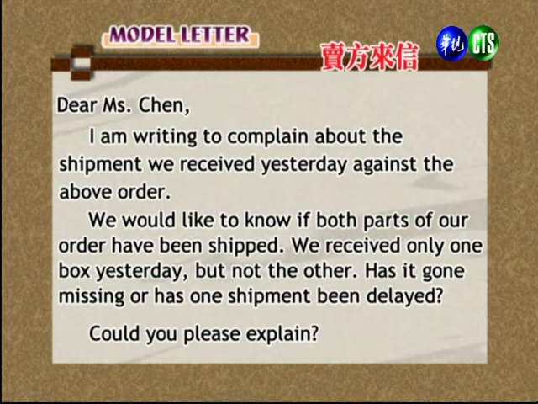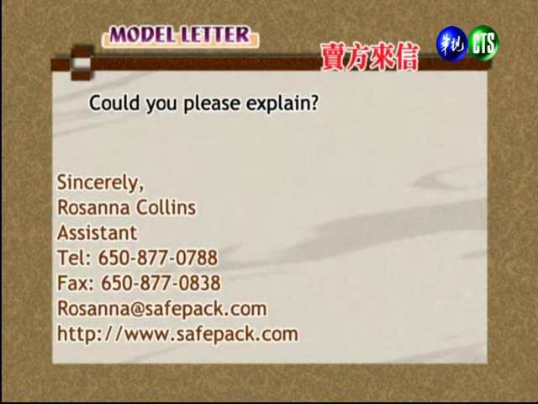Has it gone missing, or has one shipment been delayed? 我们想要知道我们所订的这2样东西是不是都出货了？我们昨天收的只有1箱，另一箱没有到。不知道是不见了呢，还是说 shipment 有 delay？Could you please explain? 因为这是一个明显的问题，他要请对方 explain。我们看那个 signature block，他也是很客气的说 sincerely，谁谁谁 assistant，然后他们公司的联络住址 contact information。